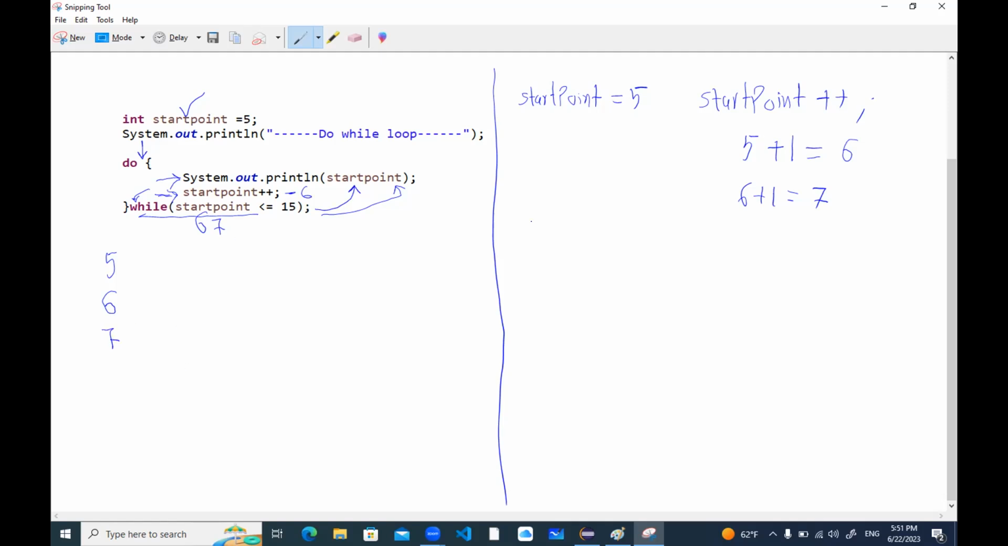Again, this procedure will go on till when? Till 15, guys. Once it has reached 15, it will come to this point. The start point is 15. Is 15 less than equal to 15? It is not less, but it is equal. So control goes to the body and prints the value of 15 for us. Once it prints the 15, it doesn't stop here. The value is again incremented: 15 plus 1